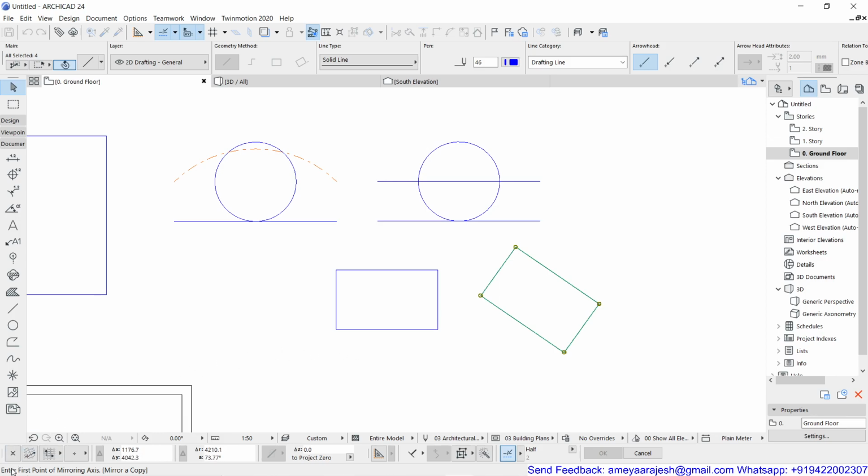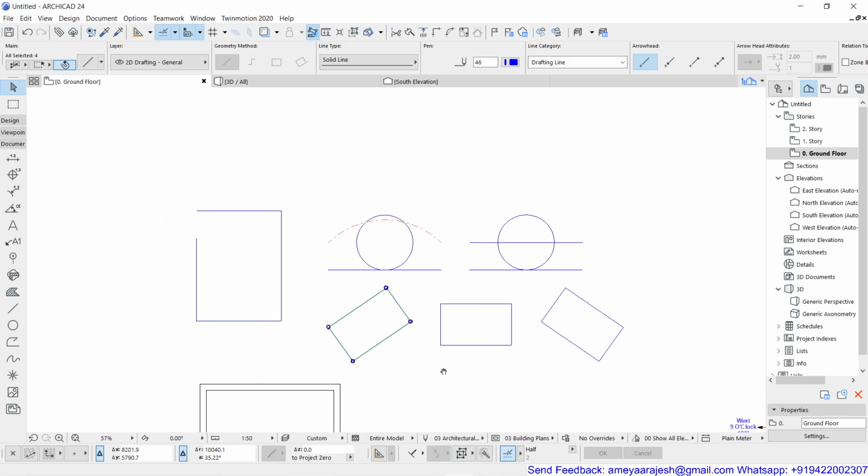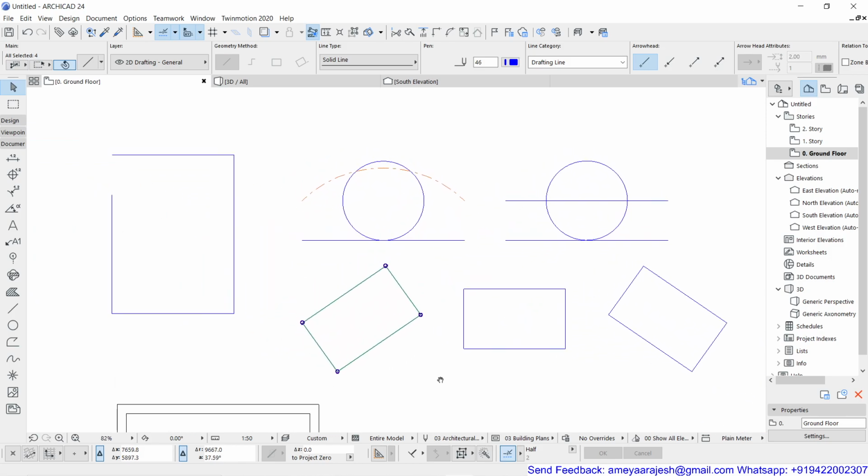Now you can see it is written enter first point of mirroring axis. My mirroring axis is staying with this midpoint again, and I'll complete this one more time. Fine. So this is how I have achieved keeping the original as it is and mirroring. So I can see how rotate and mirror can work and help you.